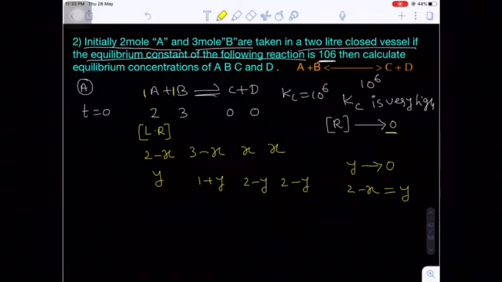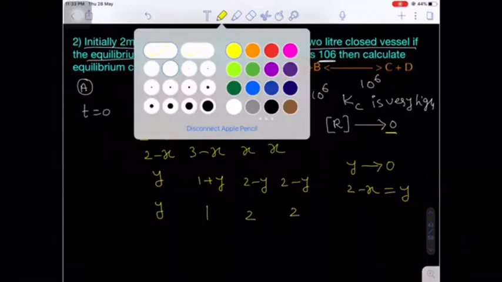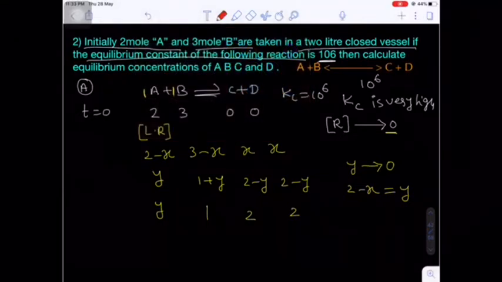Now here, if you put the Y value tending to 0, in 1 plus Y, if you add 0, almost the value becomes 1. In addition and subtraction, Y is a negligible value. So here I am writing 2 minus Y, and Y is negligible, so here also 2 minus Y is negligible. Why is Y negligible? Because the concentration is almost tending to 0. So do not consider the Y value where it tends to 0; only where it stands alone should the Y value be taken. Are you getting my point?